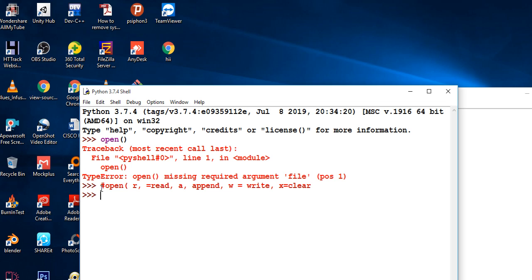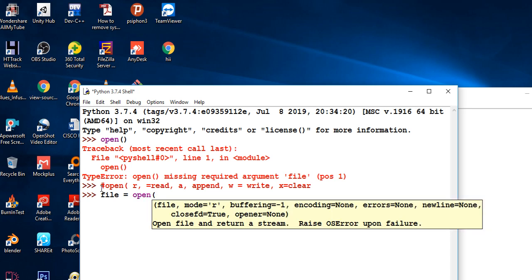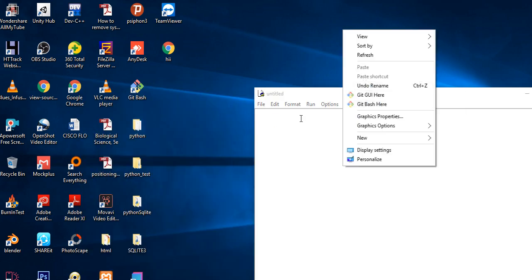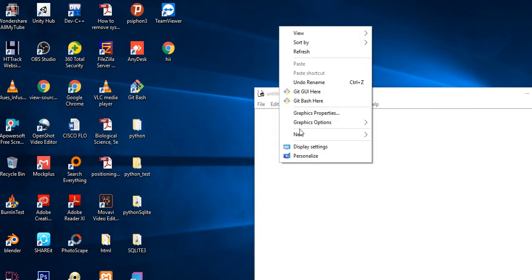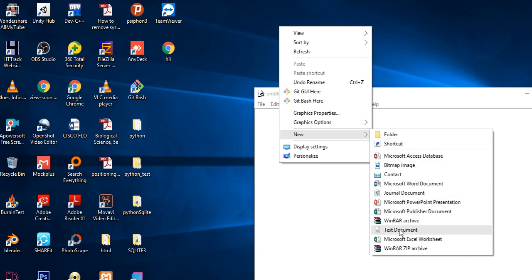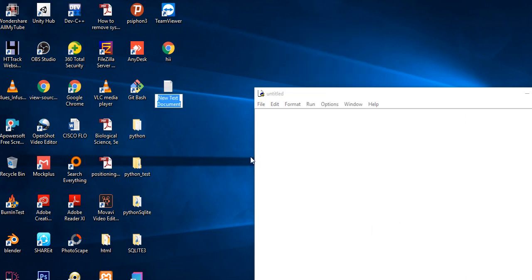Without wasting time, let me just give you guys a simple example. Like if I say file equals open, so I'm going to just create something called file open. And don't forget, when I say open, we have to take our parameters. We have to give our stuff in. Like for instance, open a file. So I'm just going to create a simple file here on our desktop. Remember, I should be having an extension .txt. So I'm going to simply say maybe